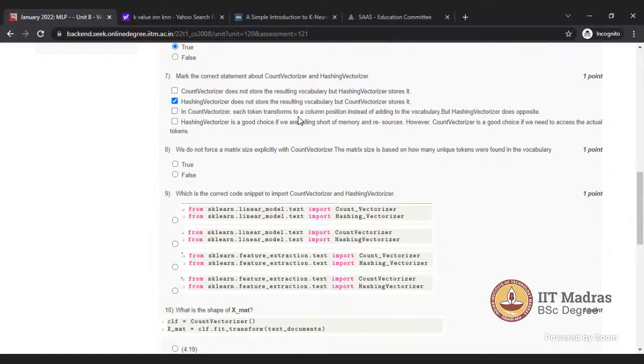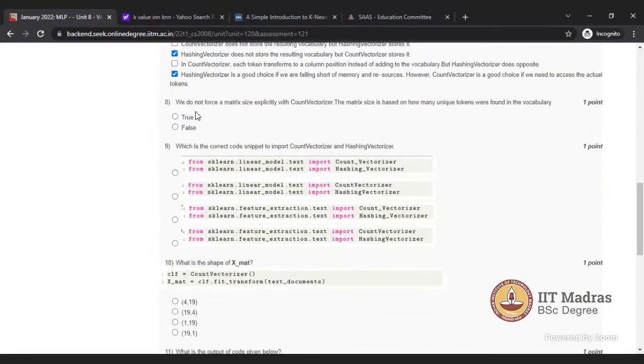This was the opposite, right? Yeah. Hashing vectorizer is a good choice if you are falling short of memory, and count is a good choice if we need to access the actual tokens. That's correct. We do not force a matrix size explicitly with count vectorizers. The matrix size is based on how many tokens were found in the vocabulary. That's correct.